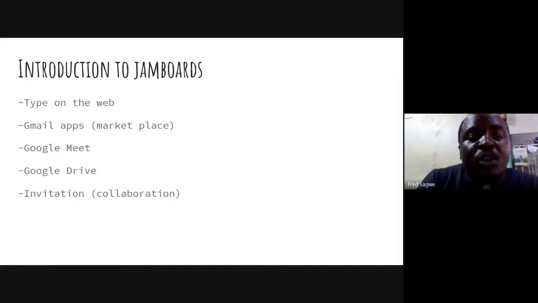So without much ado, I want us to go straight to hands-on skills. So we want to see how many ways you can get a Jamboard. So one, you can type on the web, that is on the screen here. You can